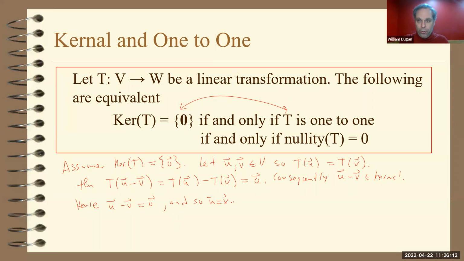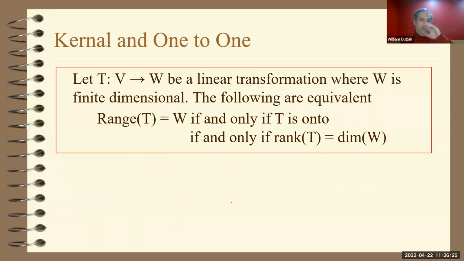So if the kernel is the zero vector, then the transformation is automatically one-to-one. And the vice versa is also true. All you have to do is literally reverse this argument in order to show that the kernel here is just the zero vector. We also have a typo right there. This should not be about the kernel and one-to-oneness. This is about the range